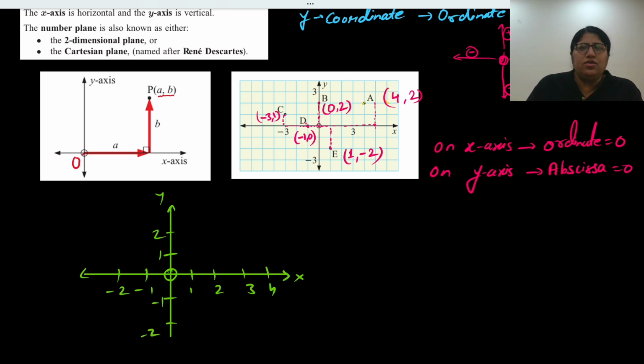Now anything which is on the axis, it's very easy to find out the distance. So here if I mark here, this is point A and this point is B. What is the distance between AB here? If I need to find out here distance between AB,